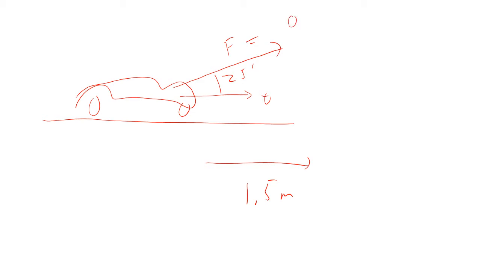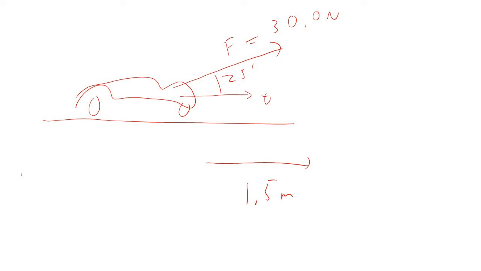So in other words, if you are pulling a wagon, okay, you got friction here, and you're pulling the wagon along like this, and the force is at an angle like that, and this is some angle here, so this is 25 degrees, then if you pull this so that it goes a distance of 1.5 meters, and the force was 30 newtons,